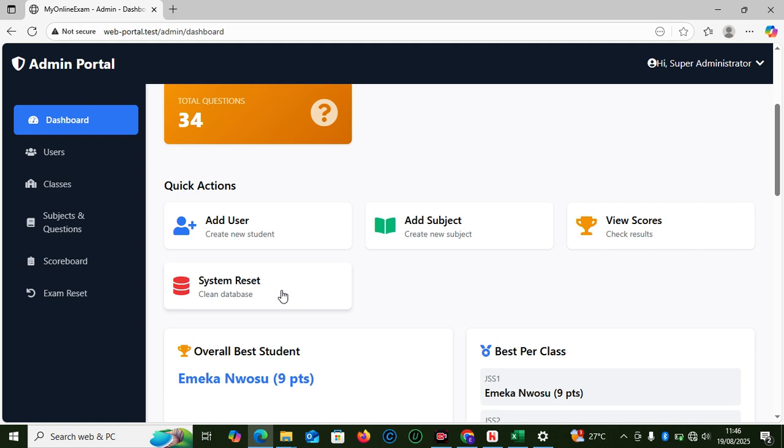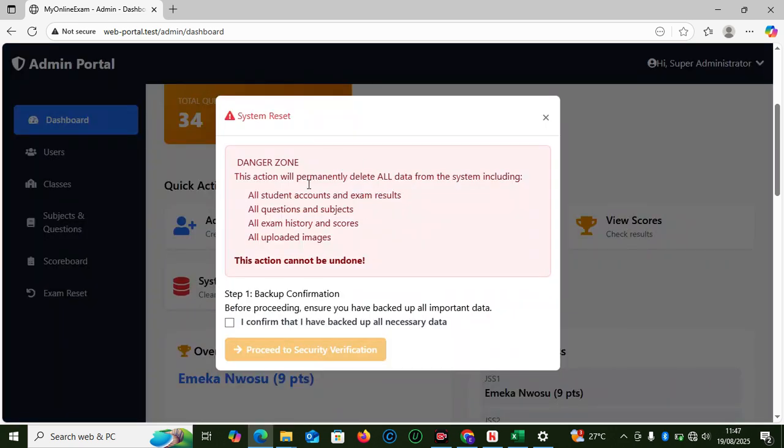Before you carry out a system reset, we must first back up your system. Database backups are automated. The file storage is optimized, and the system includes built-in monitoring for performance. So if you click system reset here, you must first back up. When I confirm, it will proceed to security verification and automatically back up your files. But what this does is